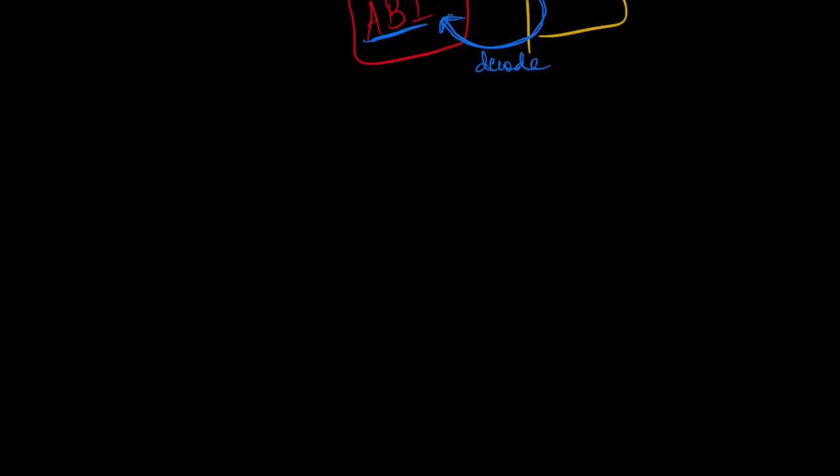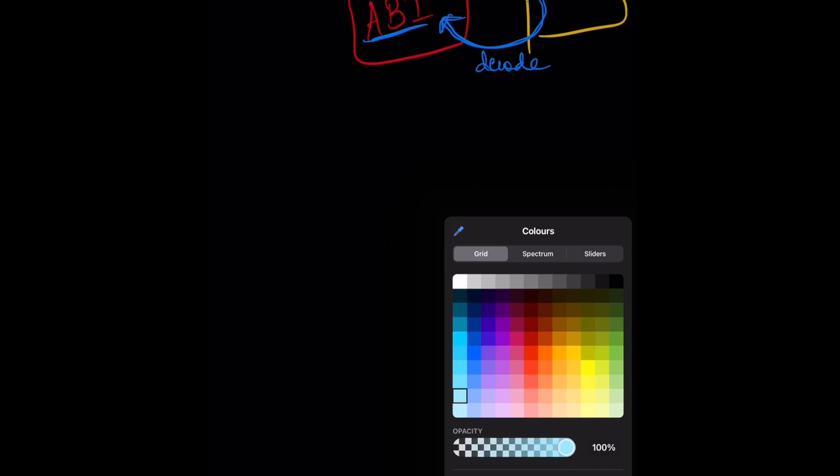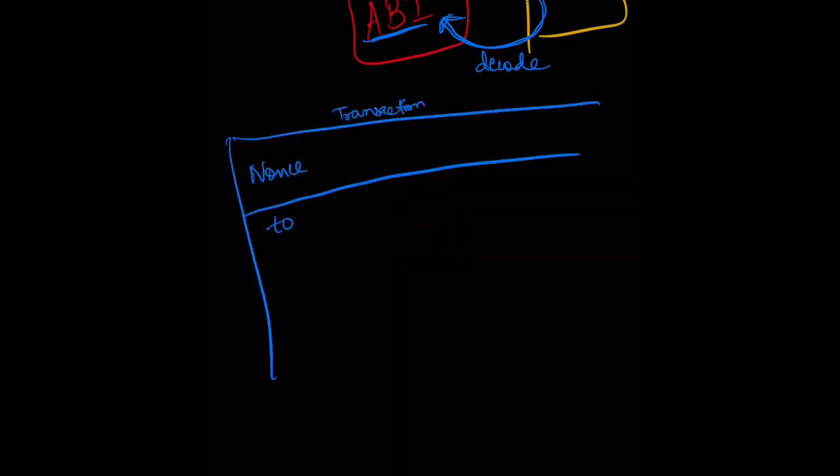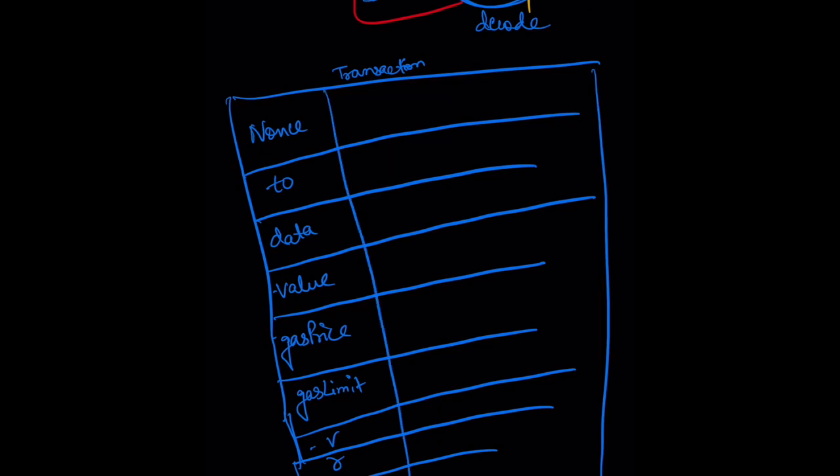Okay. Now I want to talk to you about one more thing, which is how do you know that a particular transaction is actually the one which is going to create a contract. So let me now quickly draw out the transaction object for you. Okay, so this is your transaction object, and as we talked about in the last video, nonce is how many transactions you have sent from the sender address. To is the recipient address. Now this is the most important field. This is actually kept empty in case it is a contract creation.